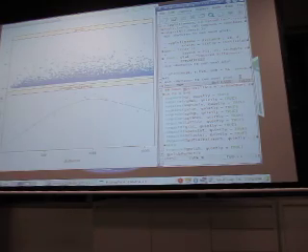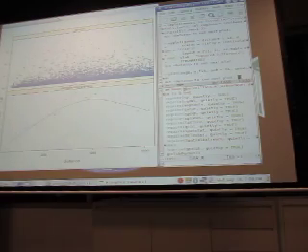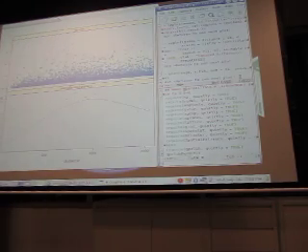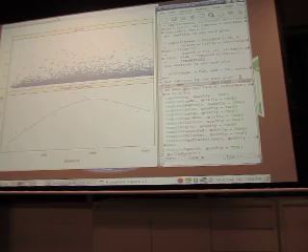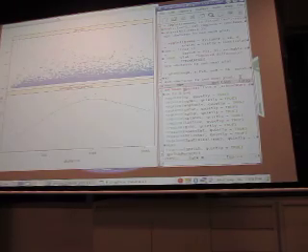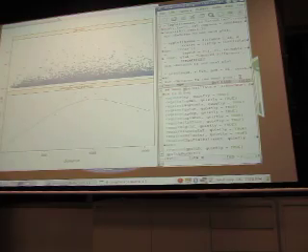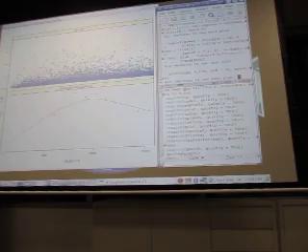So every point corresponds to a pair of residuals. Here I get the squared difference in my residuals, and on the x-axis I get the distance between those two points in space. So what happens is if I smooth all these points out, I get something called a variogram. That's my variogram at the bottom. What's the point of this variogram thing? The point is as follows. If I have